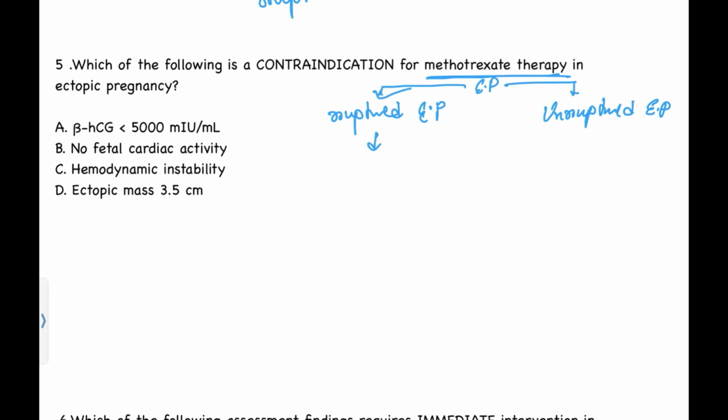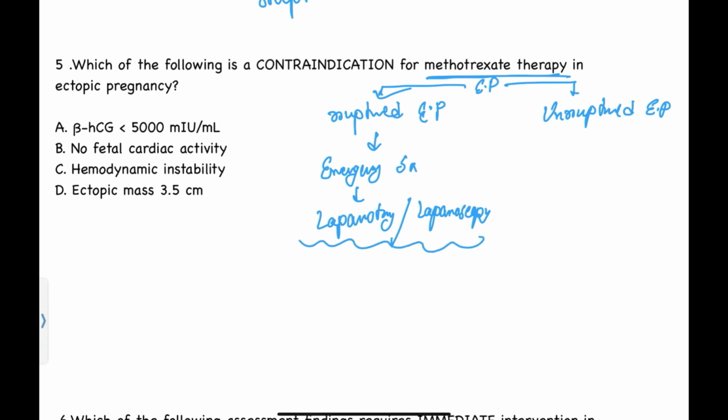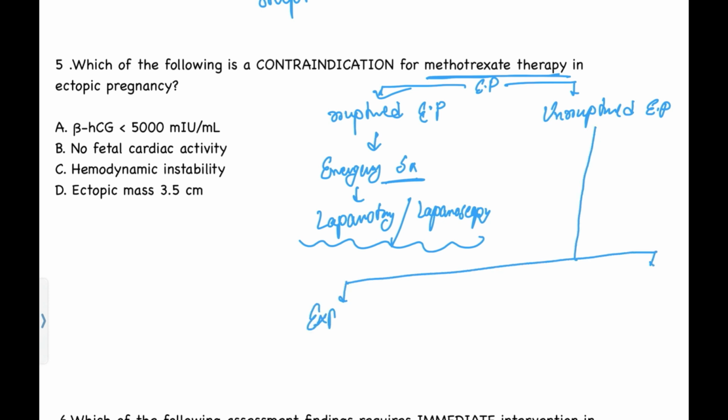For ruptured ectopic pregnancy, always and always you will do emergency surgery. There are no other options. Either you will go for laparotomy by giving a large incision, or you will go for laparoscopy. The management of ruptured ectopic pregnancy will always be emergency surgery, because it is a life-threatening situation. If it is an unruptured ectopic pregnancy, you can go for expectant management or medical management. Medical management means you will give methotrexate, or you will go for surgery depending on